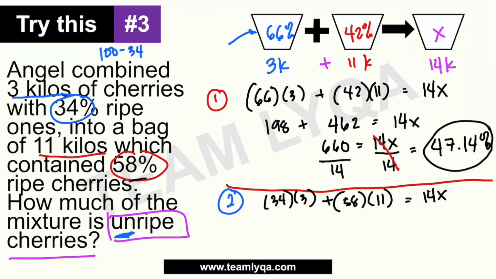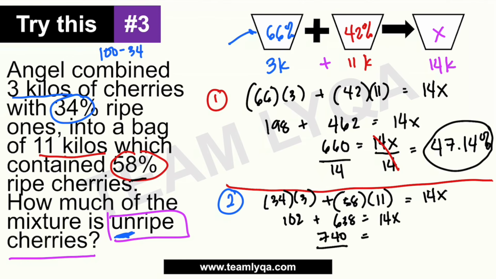Same concept naman kasi, yung percentage lang binago natin. Now, tingnan natin, dapat pareho pa rin yung makukuha nating sagot. So, 34 times 3 is 102 plus 58 times 11. So, again, kung 58 times 11, pwede natin na 58 times 10 na lang, 580 plus another 58. So, that is 638 equals 14x. Okay? Idadagdag ko sa 638 yung 102. Ang lalabas is 740